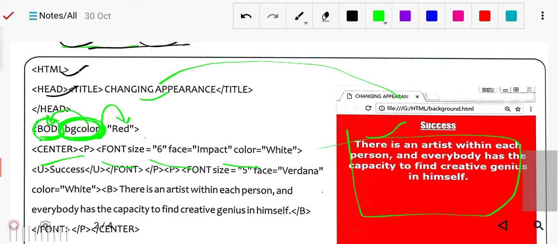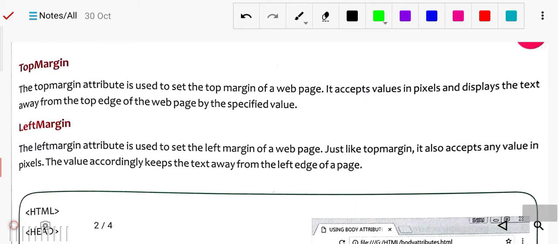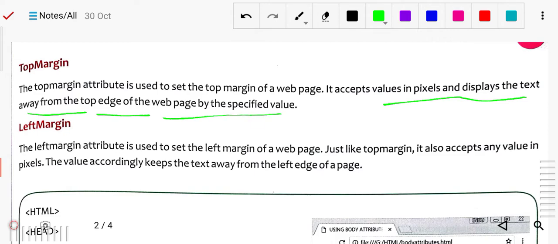Now next we have top margin. The top margin attribute is used to set the top margin of the web browser. It accepts a value in pixels and displays the text away from the top edge of the web page by the specified value.